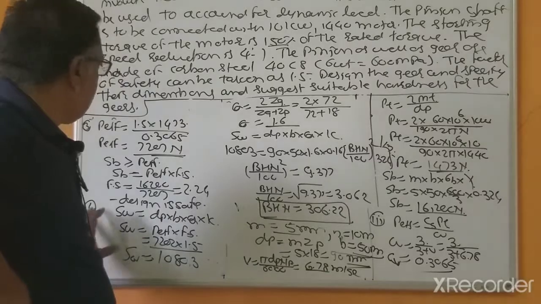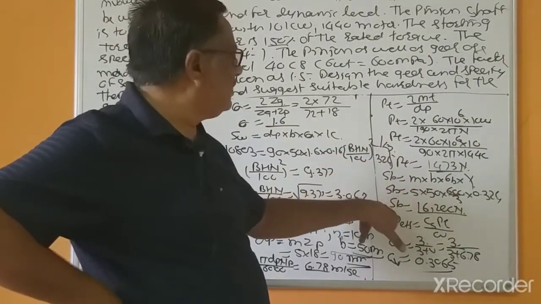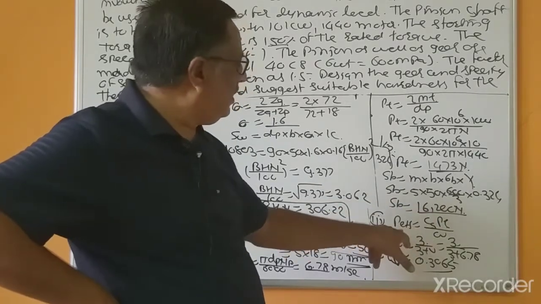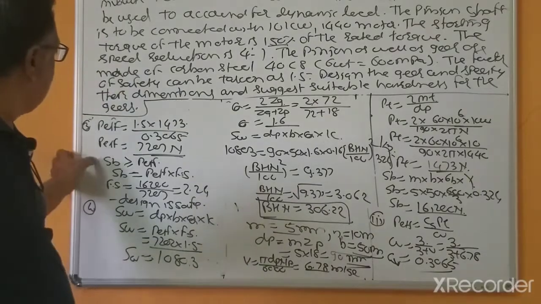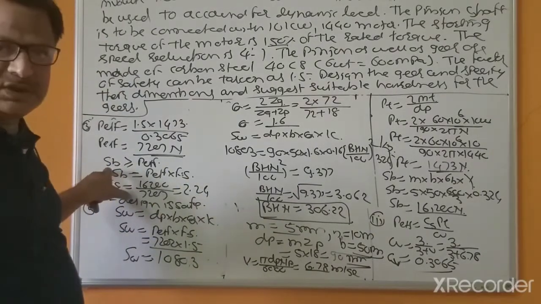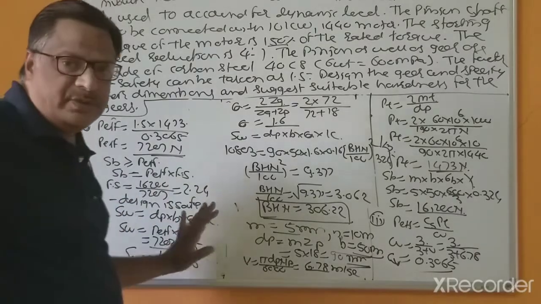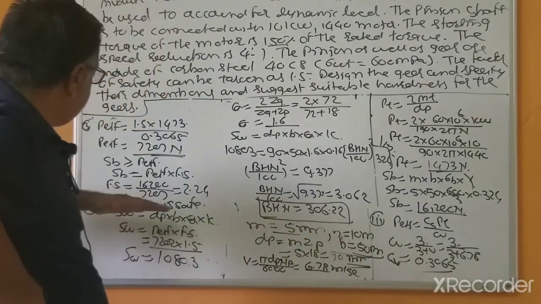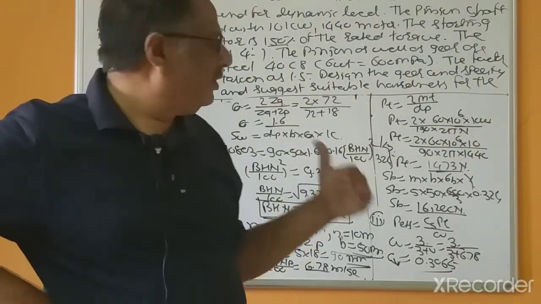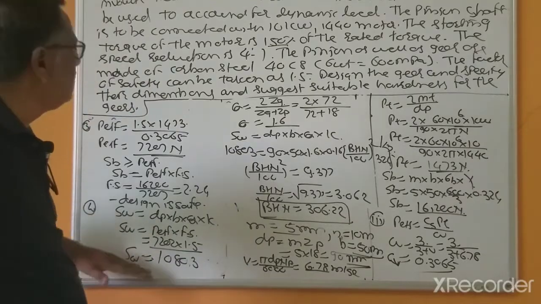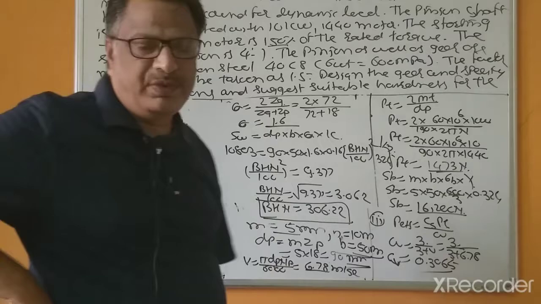So we calculated this PT, and we check the beam strength, and after that we calculated the effective load, and this effective load is less than the beam strength. So this design is safe. After the design is safe, we can calculate the hardness of the gears. By using these relations, we get the hardness of the gears. This is the complete problem.